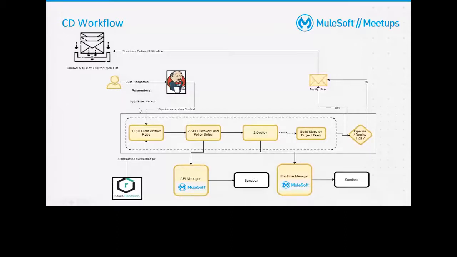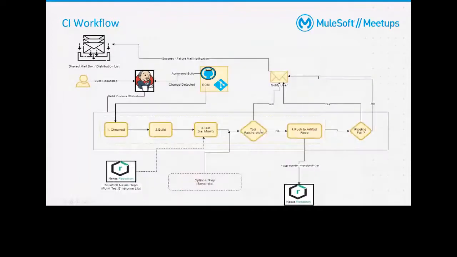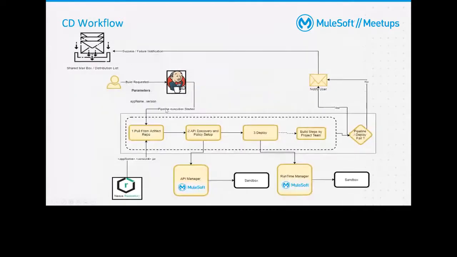We'll quickly touch base on this, and then we will see the magic, what is happening. So here, what is happening is, there is app name and version. If you notice the previous slide, your particular jar is sitting in Nexus repo. So in another Jenkins job, you can call it out from app name and version. Your pipeline execution will start.